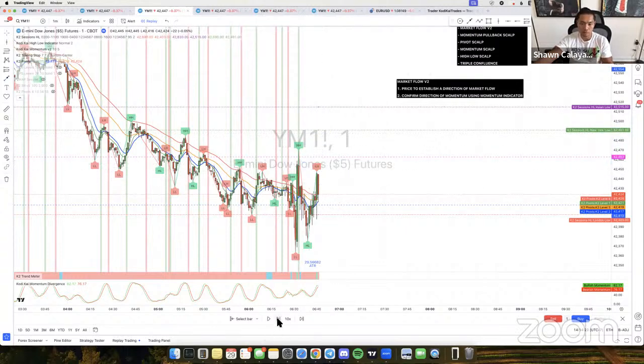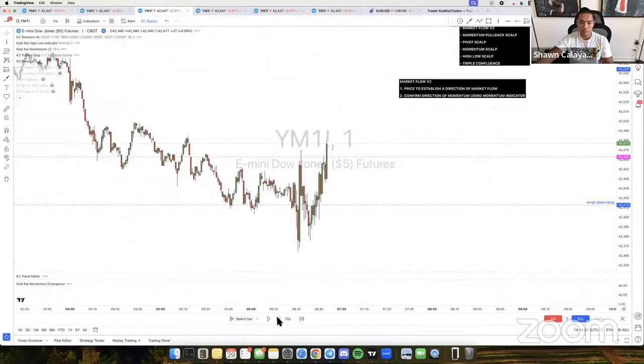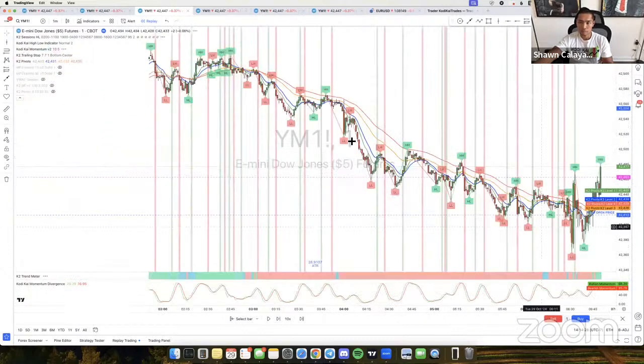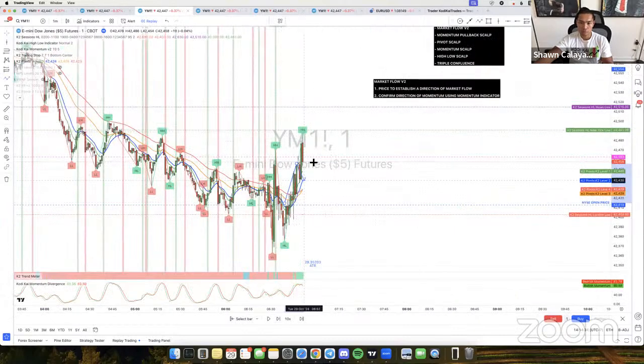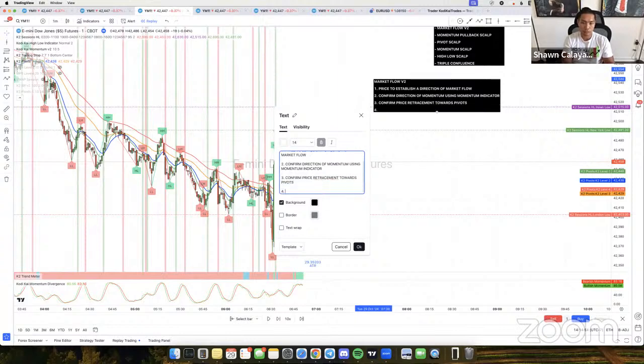So I'll let this push up a little bit. There you go. And you can see right there, it's starting to confirm. So we got price to push up a little bit. Push up, retrace, push up. And then now we're looking for that retrace and push back up higher. Having this here right now, I'm going to clean up the chart a little bit. Having this established, now you're going to look for step 3. Confirm price retracement towards pivots. Next, you're going to set a pending limit order at